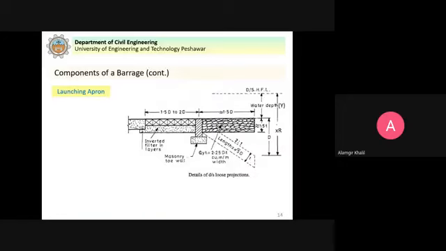Now let us come to a little detail about this launching apron. You see that these loose rocks which are placed here without joints, their weight should be sufficient that they are not taken by the flowing water, because this is the downstream side and the water is flowing.